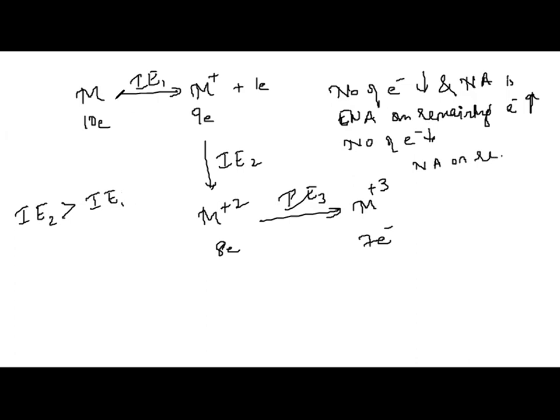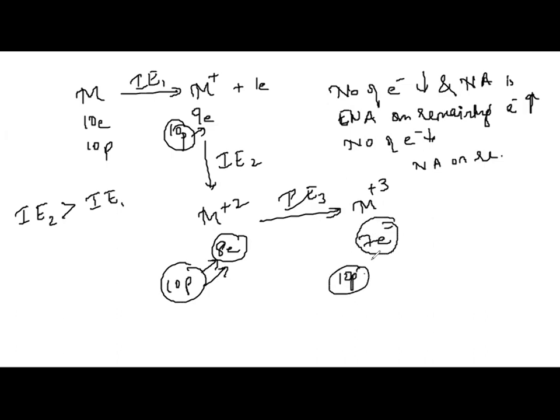So it still becomes more. Here there are 10 protons, with attraction on 10 electrons. Here still there are 10 protons, and the attraction is on 9 electrons. So nuclear attraction increased. Here there are still 10 protons, and attraction is on 8 electrons. So nuclear attraction has still increased. Here, when there are 7 electrons and still 10 protons, nuclear attraction has still increased. So as the number of electrons goes on decreasing, nuclear attraction on the remaining electrons